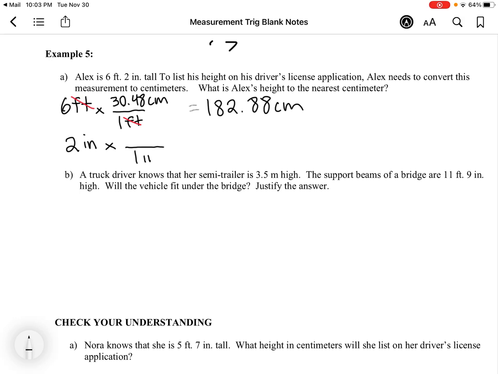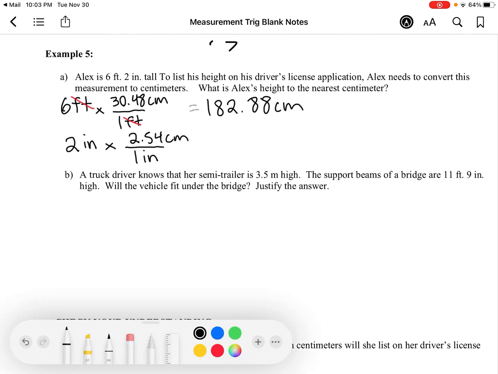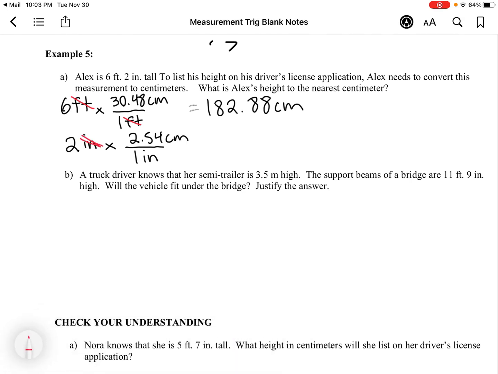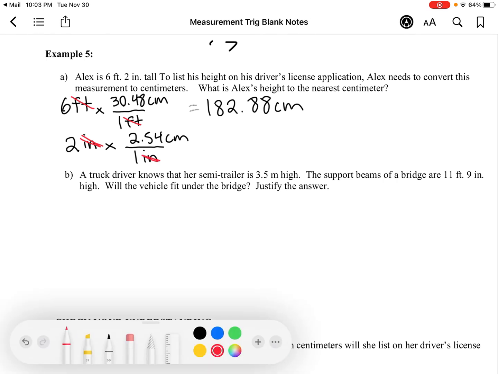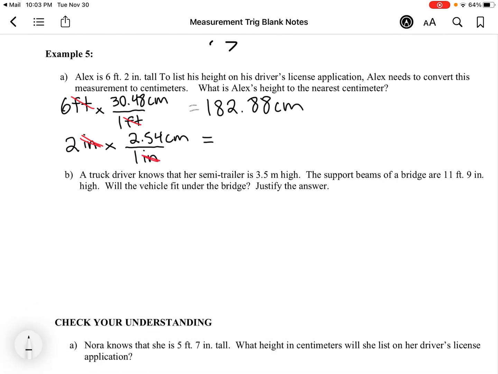So I want the 1 inch in the denominator and the 2.54 centimeters in the numerator. And then again, the inches cancel. So that works out to be 5.08